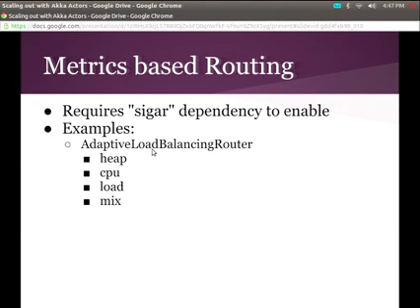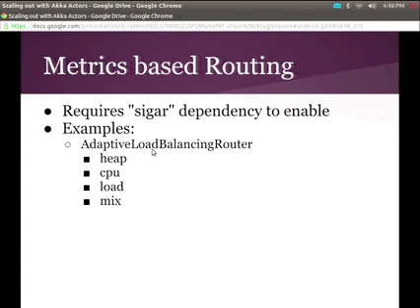There's this adaptive load balancing router. So I can have the router decide what node to send it to based on cluster statistics. The service that we had to watch cluster membership and leader election and that sort of thing, you can actually watch statistics as well. And so we use those in the router to listen to heap statistics or CPU statistics or load. Or mixes, basically, we listen to all of them and pick whichever one has the best values. But I can route to whatever node has the least CPU or the least memory or the least heap usage.